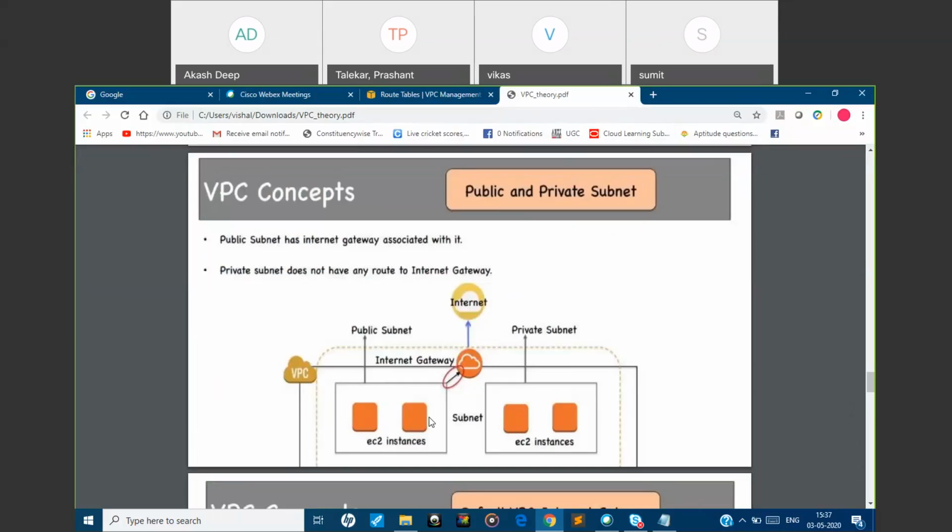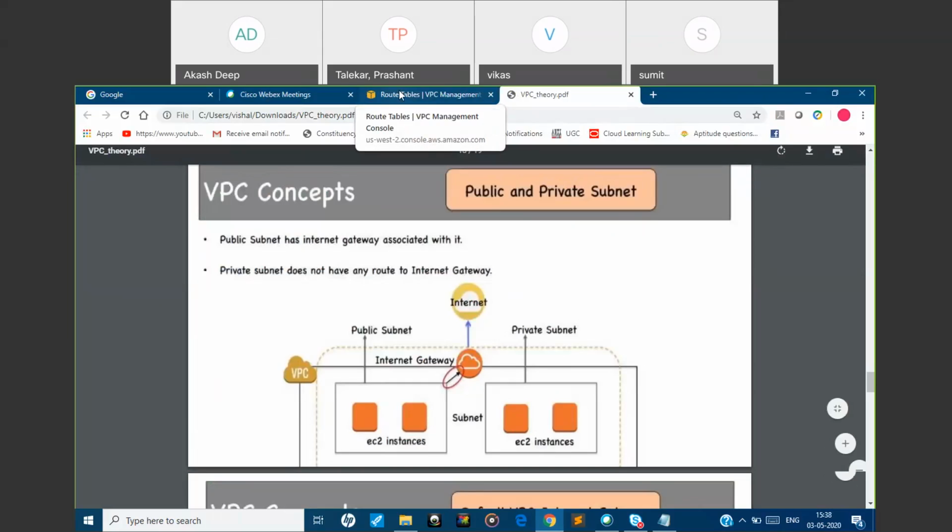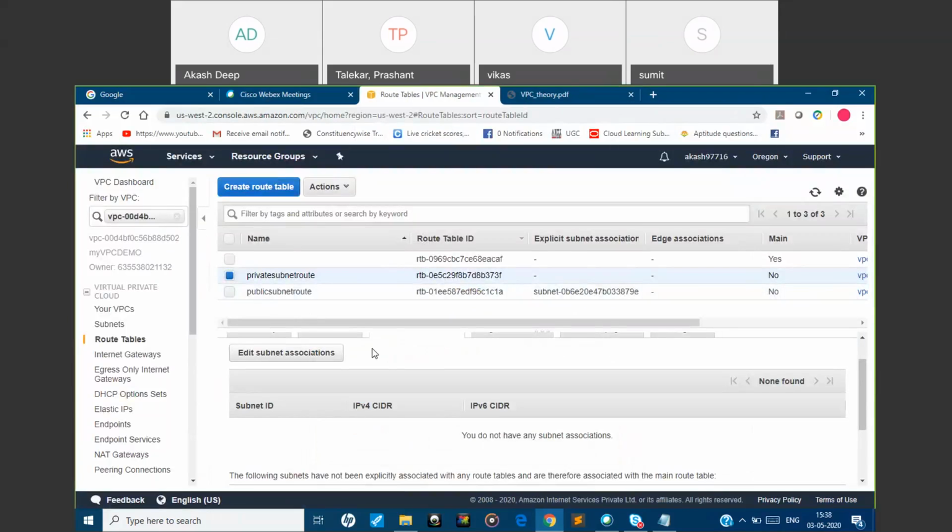Others will be private to the private subnet. Exactly, yeah. Okay, so like that it works. Now coming to the context, we had launched 3 instances, right? And our agenda is to make one instance public and the rest 2 instances private.